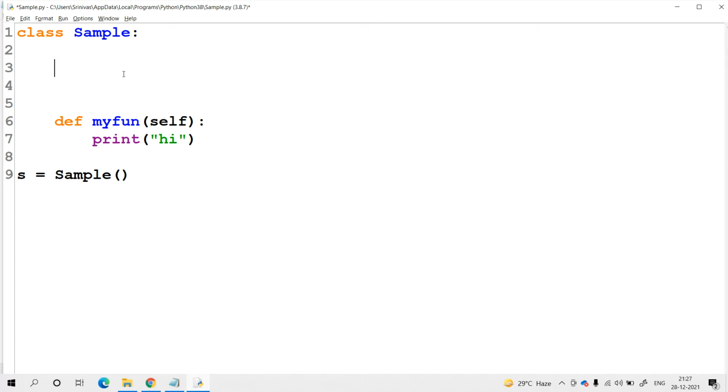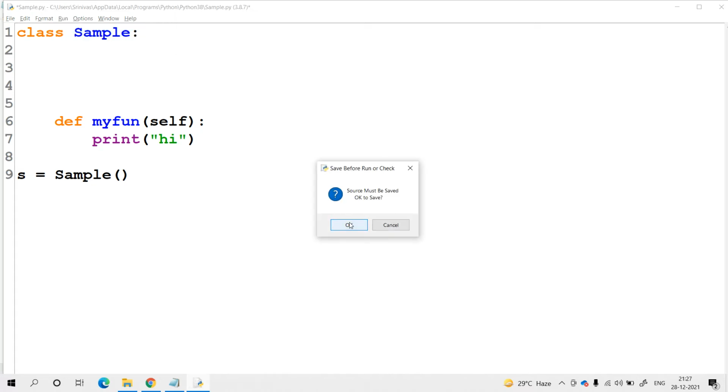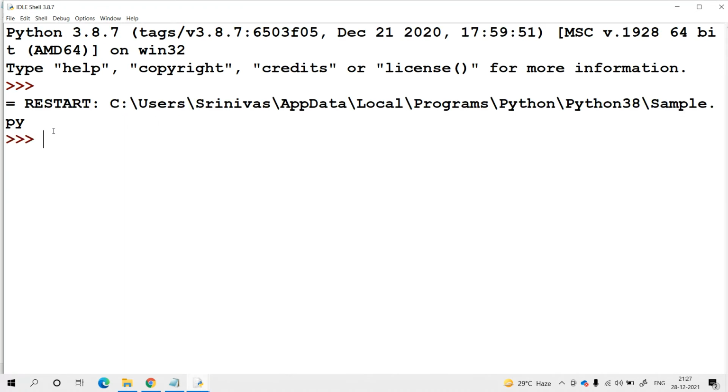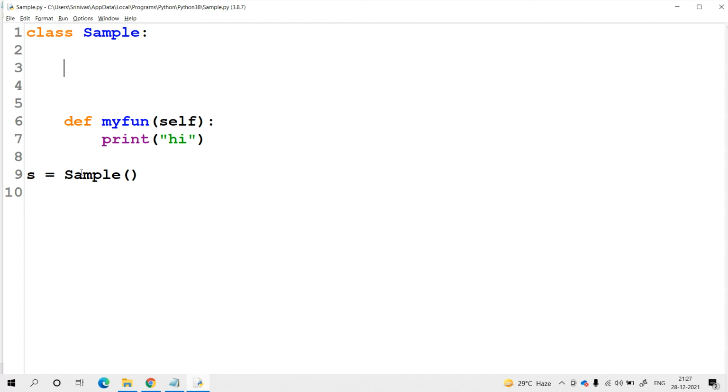With the help of the default constructor, we can initialize the object of the class. Try to check it. There is no constructor written, but at the time of creating the object of the class, the constructor comes into the picture. Here we are unable to get any output. Why? Because we did not print any output. So with the help of the same object, let me call my function, s dot my function. Here we are simply calling my function with the help of the object of the given class. Now the output will be the hi message.